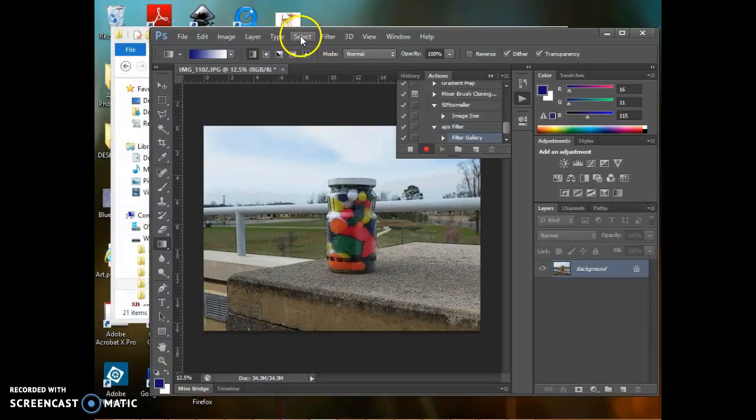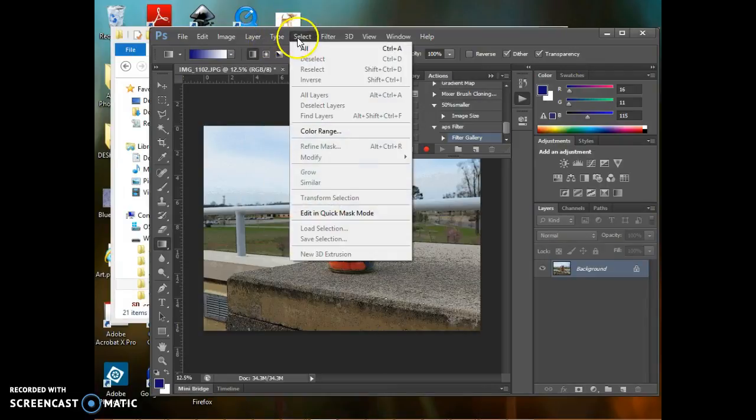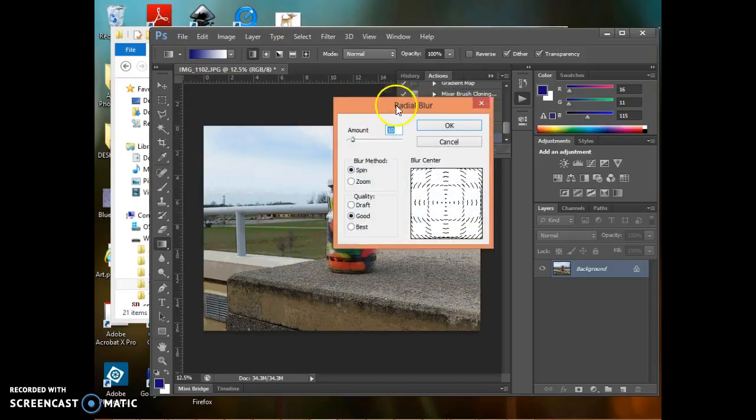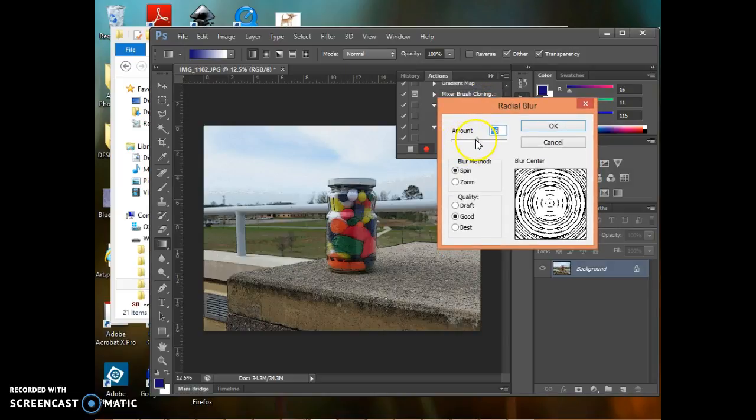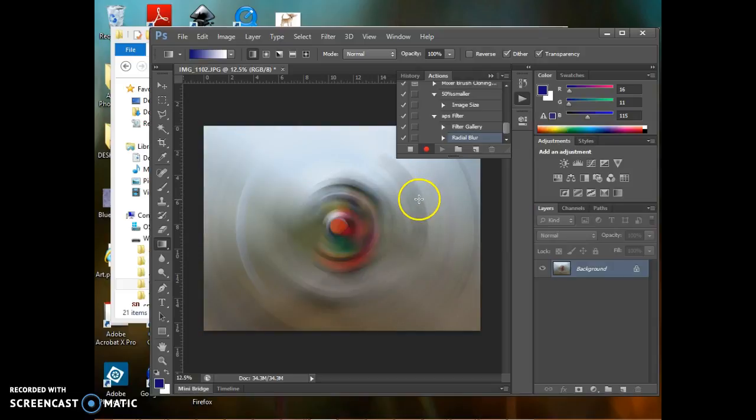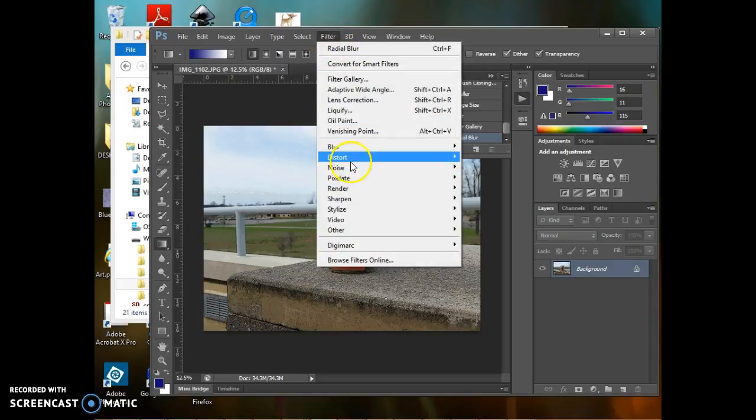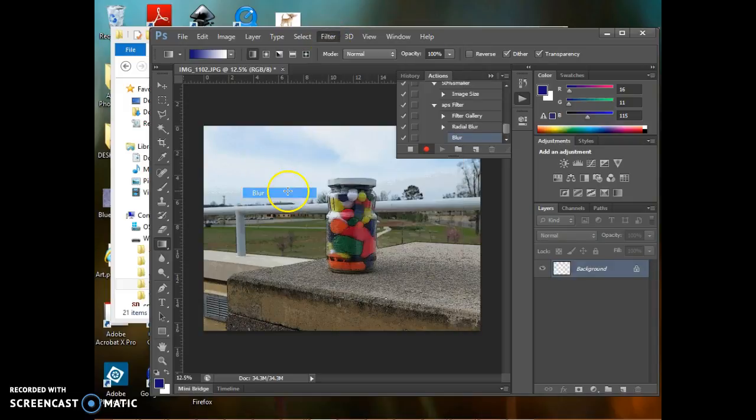Let's see. Actually, I want to do a blur. Let's try a radial blur. And I wish it was giving me a preview of that, but it's not. Okay, that's too much. And it did a little bit of a blur on that, but that's all I want to do, so I'm going to stop that action. And again,